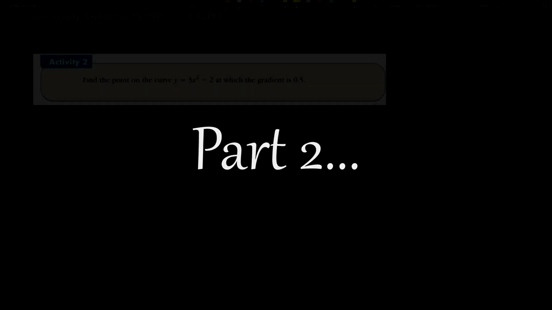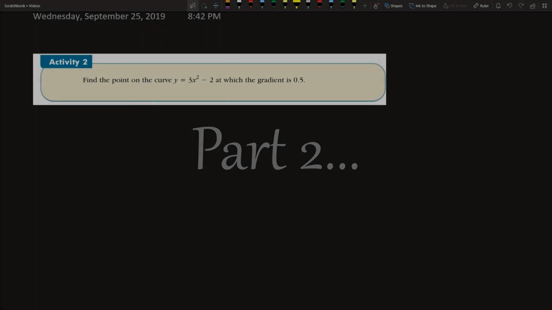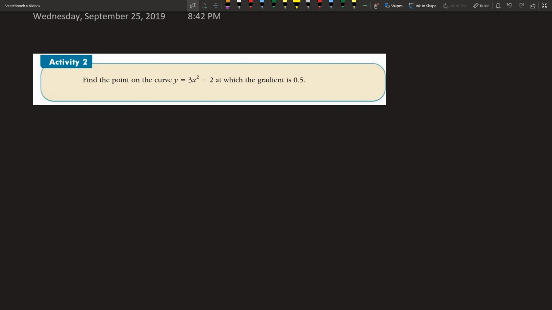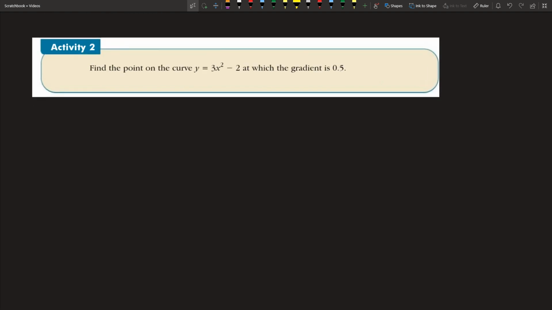Alright guys, so in the last video we left off at section 3.1.3 activity 1, so I'm going to do activity 2 now, and this is an interesting one. We actually use derivatives instead of just computing them. We're going to use it to find something useful. Anyways, find the point on the curve y equals 3x squared minus 2 at which the gradient is 0.5,